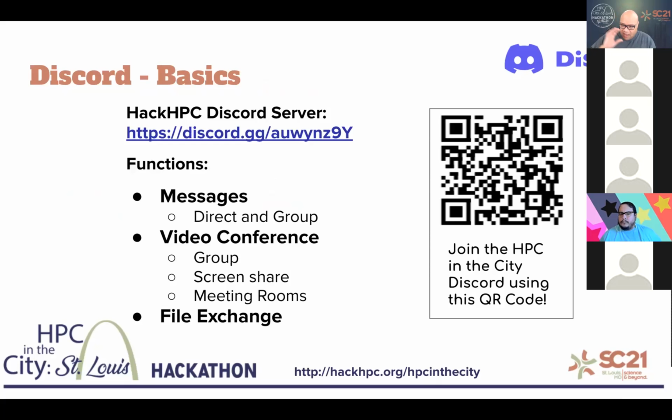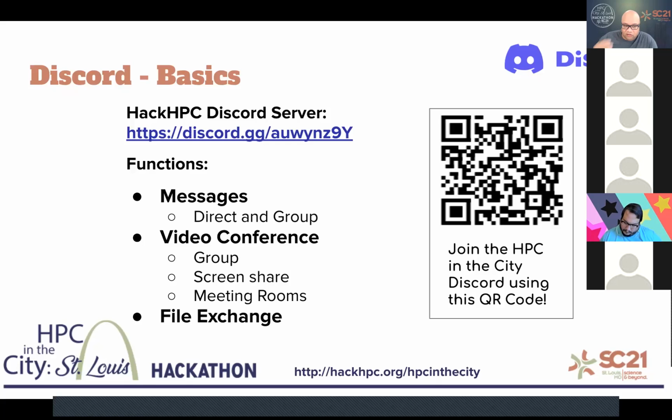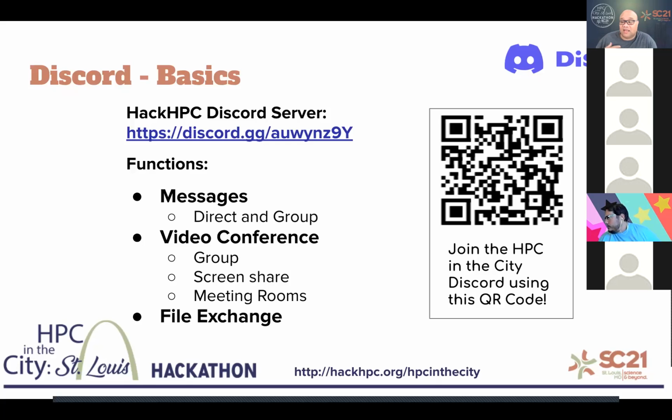Discord itself. Now I'm gonna switch over to Discord here briefly after the next slide, but just to put it out there, some of the basic functions of Discord. Now, many of you likely have used Discord or something like it, such as Slack, but its primary functionality allows teams and members to message each other. What that means is we are spread out all over this country, and in our last hackathon around the world, Discord allows us all to interact, and yet in a central location,